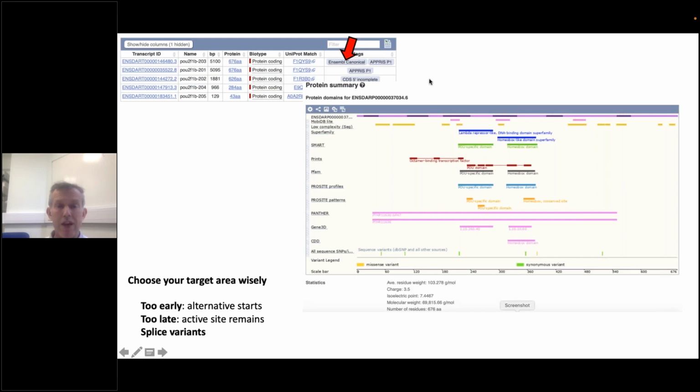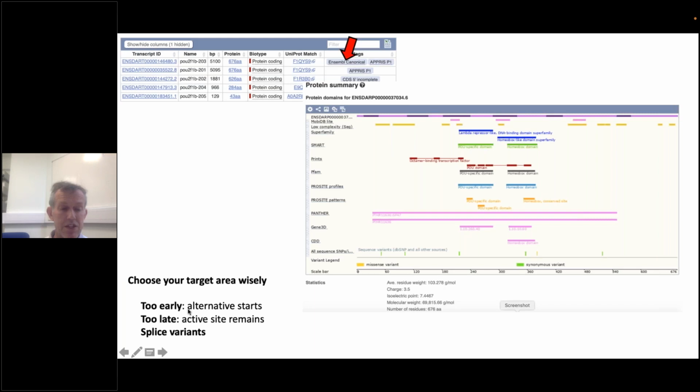And in order to look at where the important parts of the protein are, we simply in Ensembl can click on the protein, and this will bring up this kind of protein analysis where several conservation detection programs are used to identify the important parts of the protein. And for POU2F1, which we're using as an example over here, you can clearly see there's something very conserved over here, a POU-specific domain and a homeobox domain. So it's probably going to be a transcription factor. And that means that if you make your frameshift mutations before the actual active domain, then you will be in business.